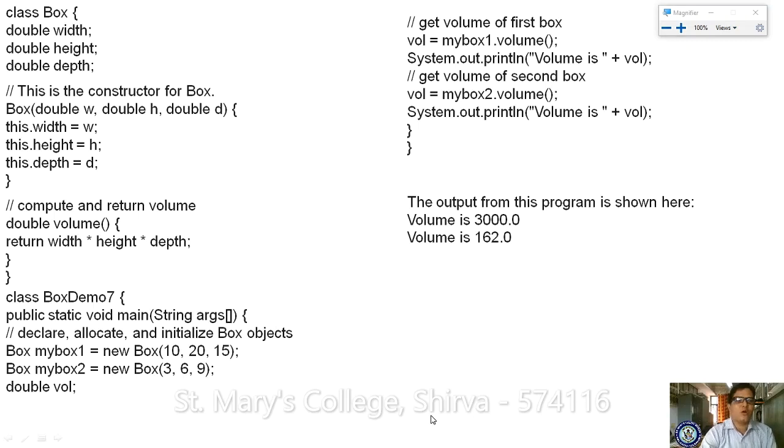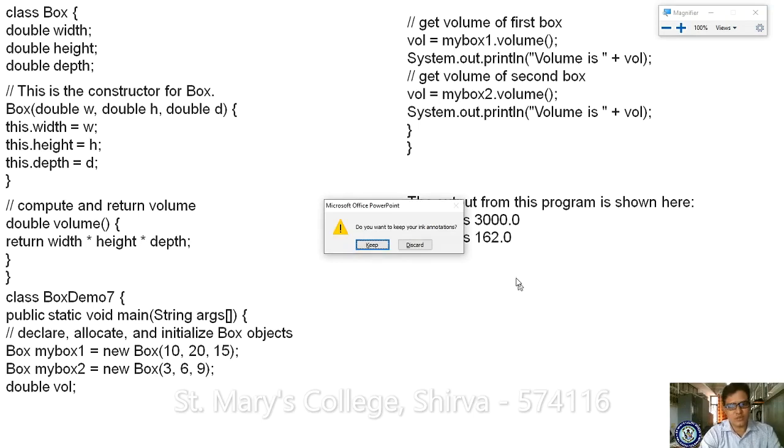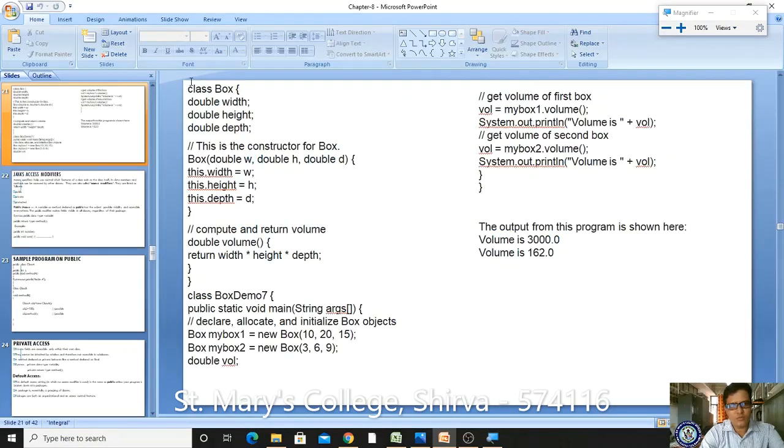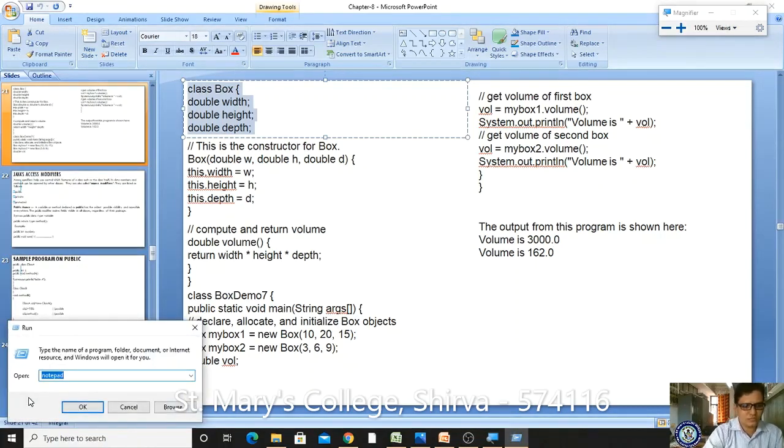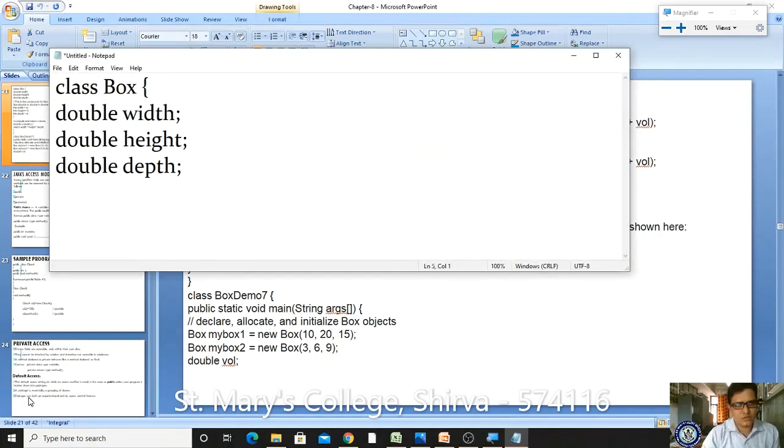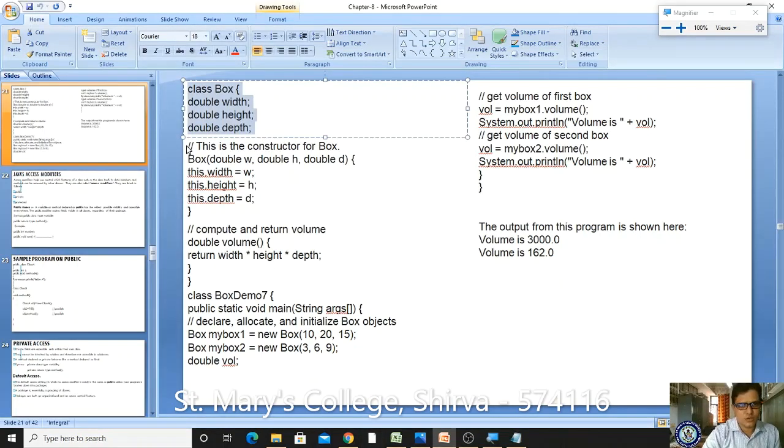Now my question is how to save this program. Anybody can answer this? Now my question is how to execute this program. I'm copying, I'm taking the notepad, pasting. Please observe carefully.